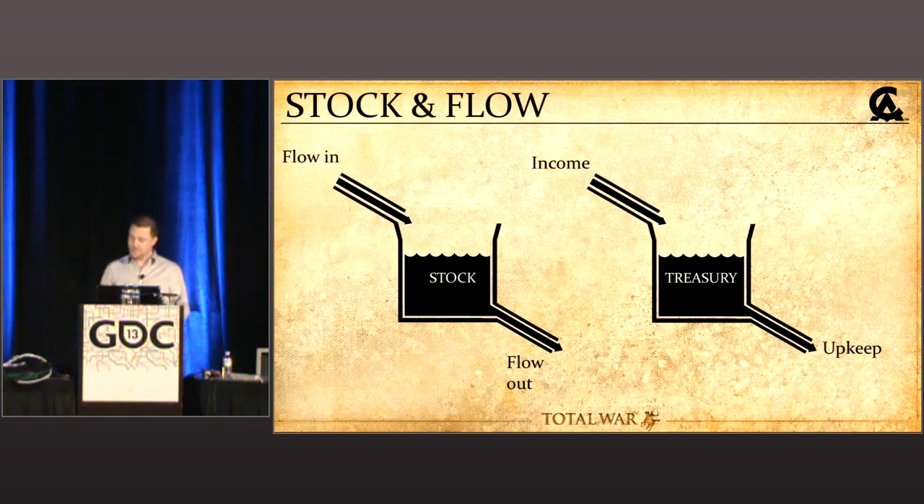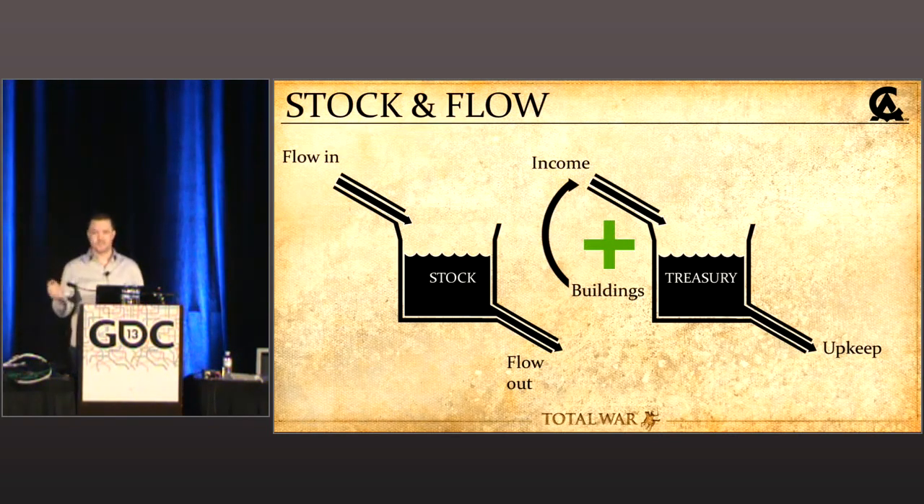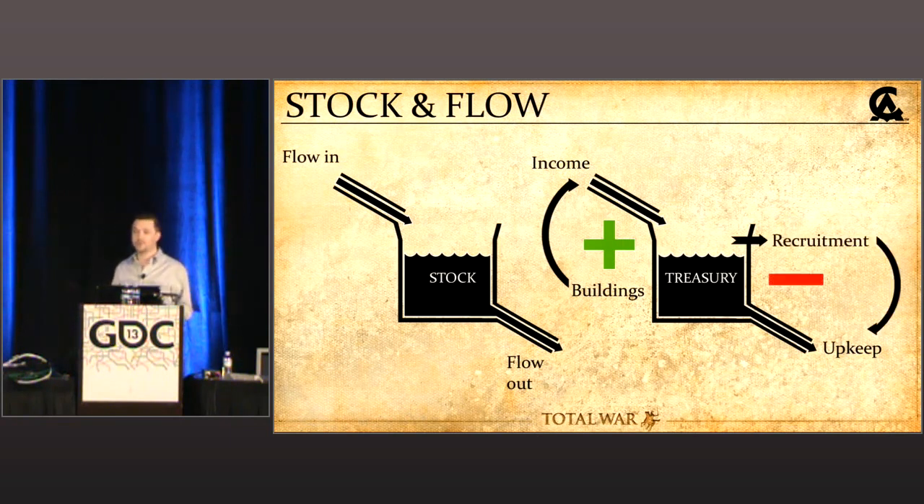Now, you tend to use money from the treasury to build buildings to increase your income, and that's a positive feedback loop, increases your income. You also use money to recruit troops, right? Now, troops create more upkeep, and so that's a counterbalancing negative feedback loop. So